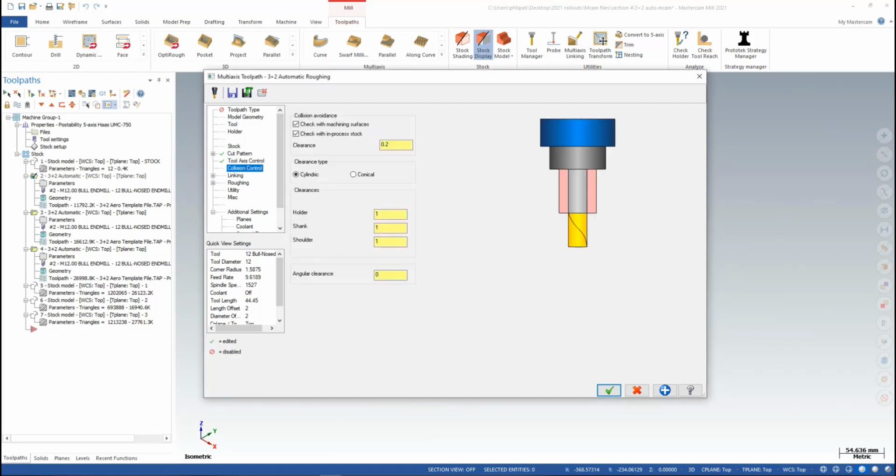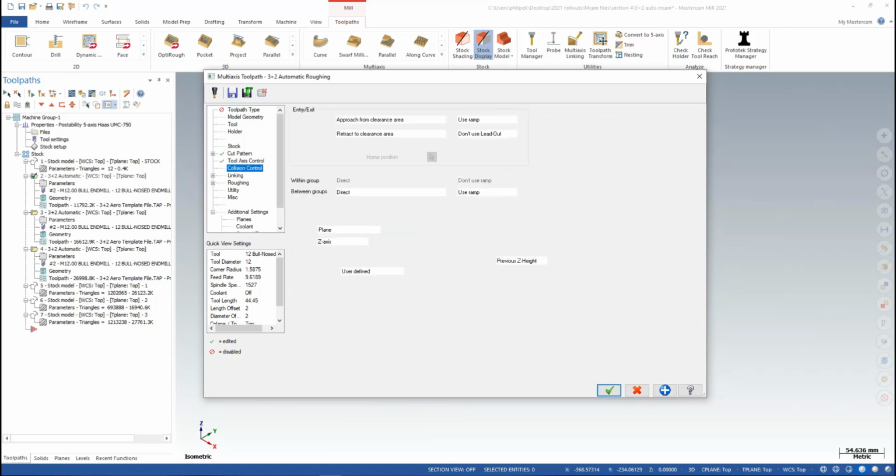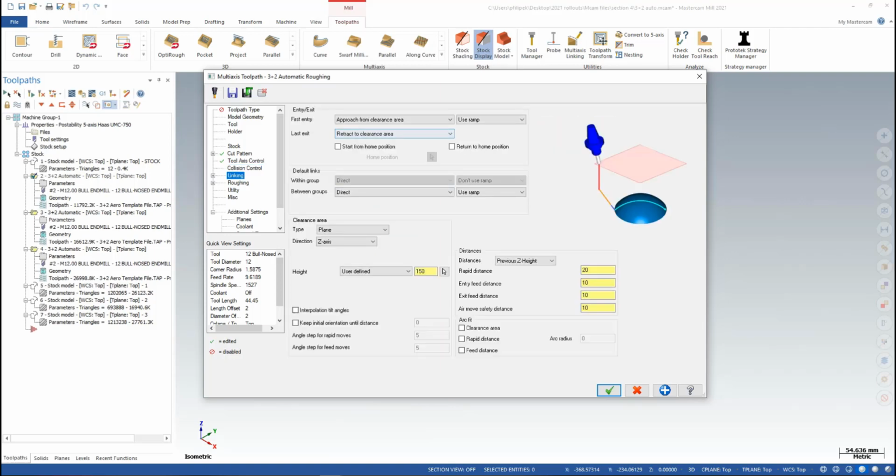In collision control, there's not a whole lot here. How do you want to control your collisions, and how much room do you want around each one of your features as far as holder, shank, and shoulder? So same as what we're used to there. Really no changes in here. Linking, all the same multi-axis linking that you're used to as far as how we are entering and exiting